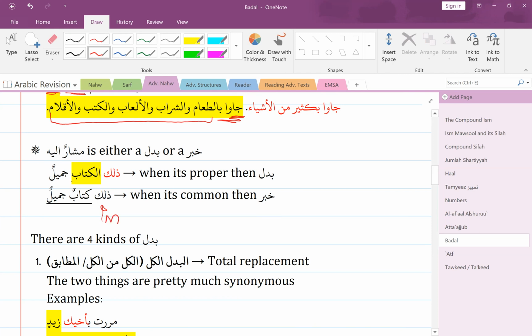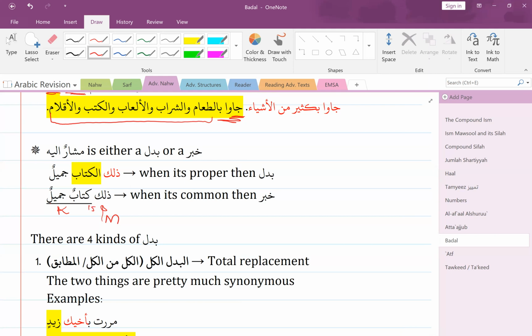So dhalika, in this second example, we'll do the second one first. In this second example, dhalika becomes our mubtada. Then the invisible is, and the nakira word, the word without al, becomes our khabar. Simple jumla ismiya. That's how you would do the i'rab. That's how you would look at the grammatical labeling. So dhalika is your mubtada because it's the first rafa in the sentence and it's an ism. So this is a jumla ismiya. Then you have invisible is in between. And then you have khabar, which is your nakira.